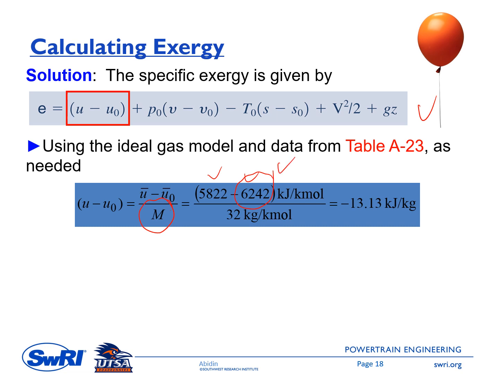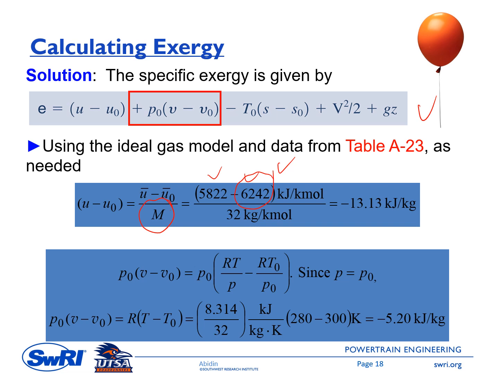So in this case, we got U minus U0 is minus 13.13 kilojoule per kilogram. Why is it minus? Because T is lower than T0. Okay. And then the next one,